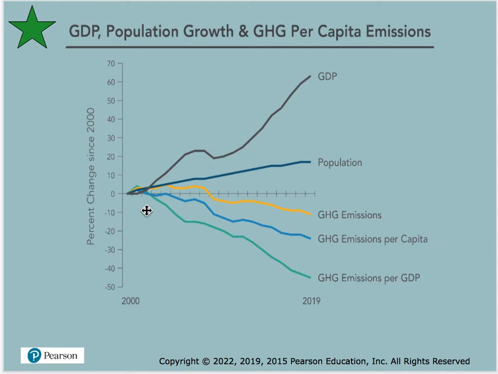But in general, this is gross domestic product. That is like how much goods we make in our country and our population. So our population has grown, but look at our gross domestic product, it has really soared since 2000 when we really started targeting these emissions. But our emissions on different levels have all declined.